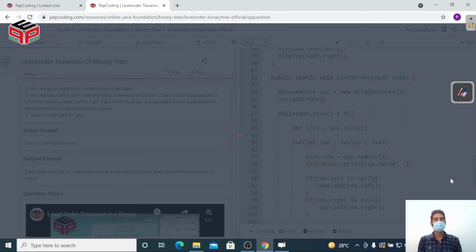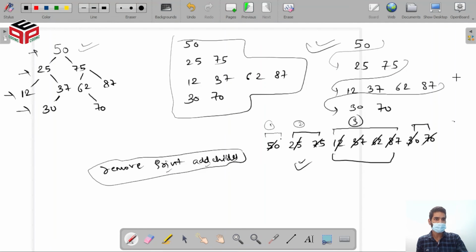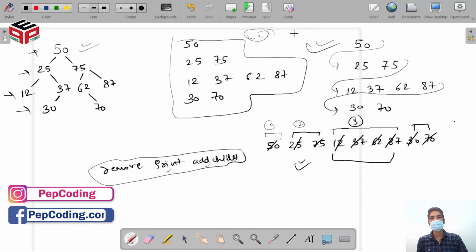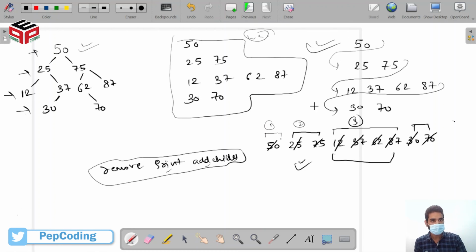Let's submit the code. So what we have done: our while loop is checking if our queue size is zero, then we need to return. And the printing is done by the for loop.